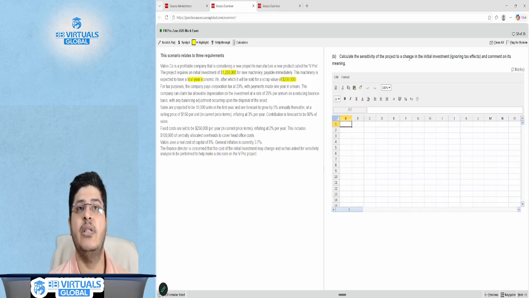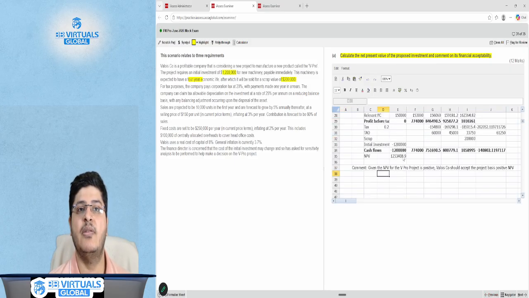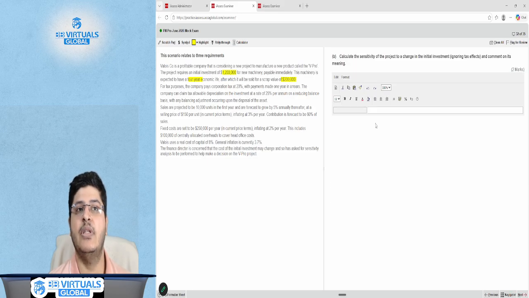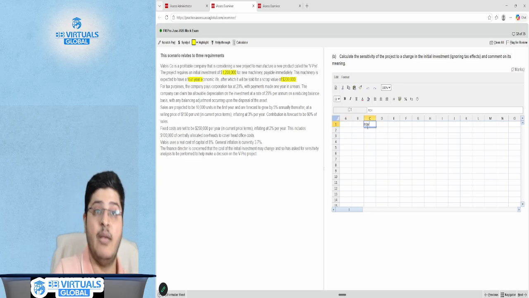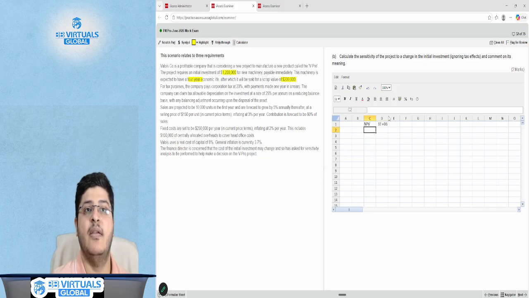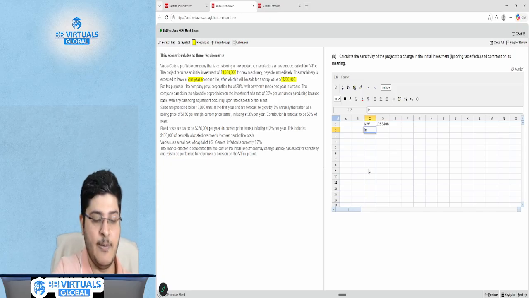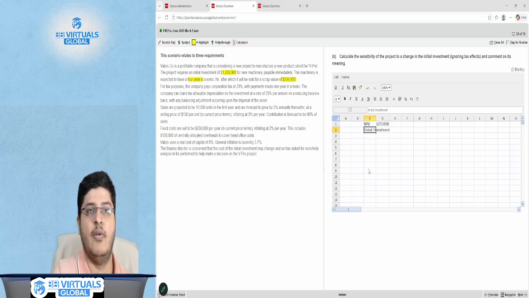Calculate the sensitivity of the project to the change in initial investment, ignoring tax effect, and comment on its meaning. What is the NPV again? Let us copy the NPV and paste it here. 1253408 was the NPV. We have to calculate the sensitivity of the project to a change in the initial investment. If the initial investment was changed, then what happens? What is the initial investment? Initial investment given in the question is 1.2 million,